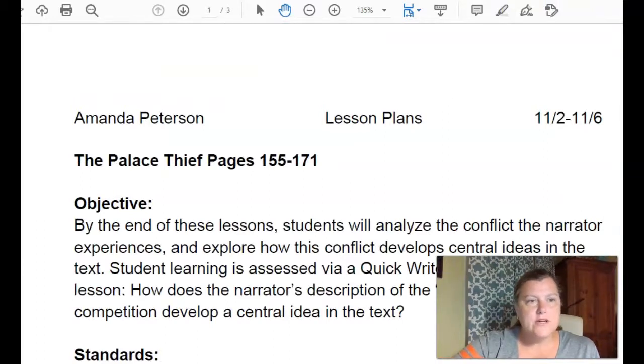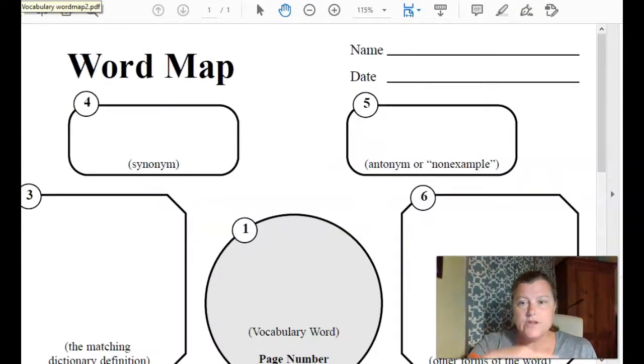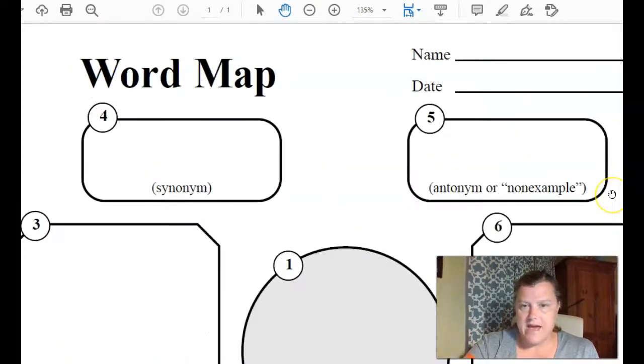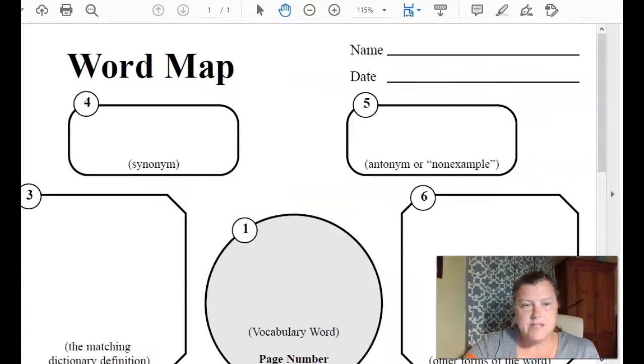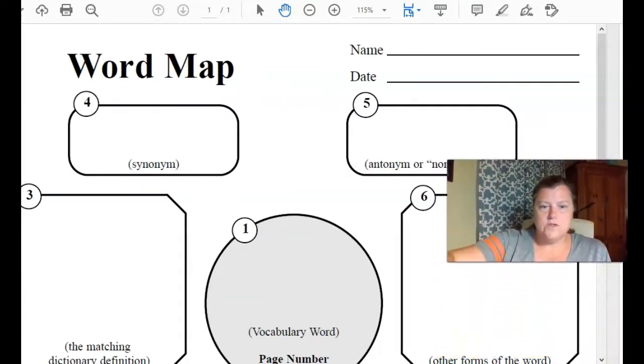Let's look at vocabulary first. You're going to be receiving this word map handout front and back. And I'm going to make that a little smaller. And you are to choose...